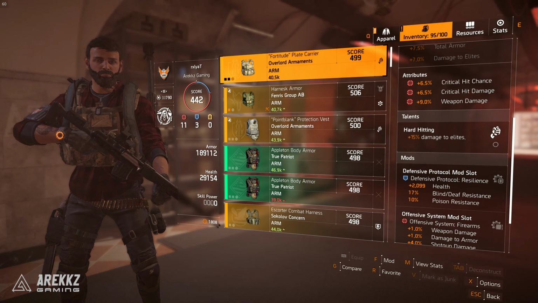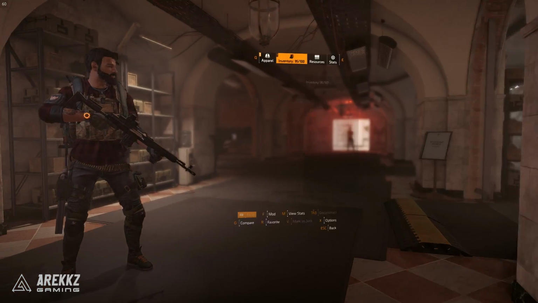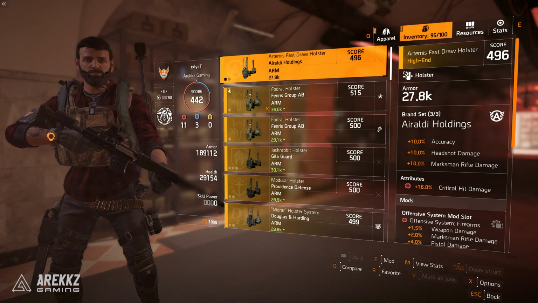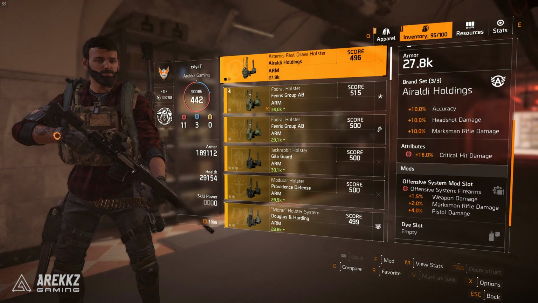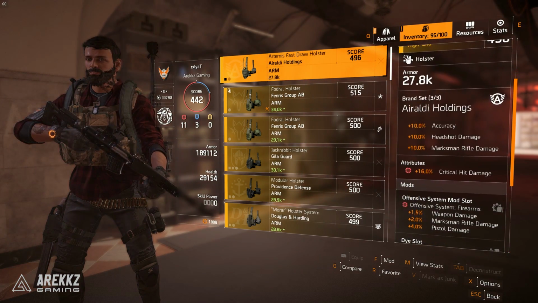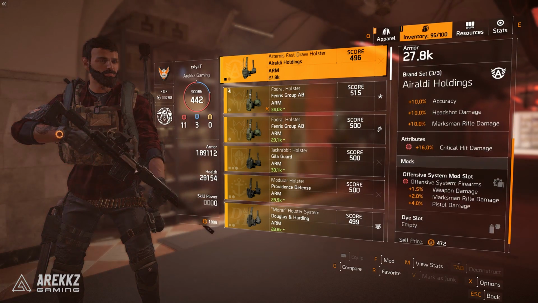But like I said, I'm mainly using this for the talent and the attributes on it. The holster is the first of 3 pieces of the Arekkz Holdings brand set. The reason I'm wearing 3 pieces is for the headshot damage and the Marksman Rifle damage. So I've got 10% accuracy, 10% headshot damage, and 10% Marksman Rifle damage for wearing 3 pieces of the Arekkz Holdings brand set. The attribute on the holster is 16% crit hit damage. No talent rolled on this, but the offensive mod gives me an extra 1.5% weapon damage, as well as 2%